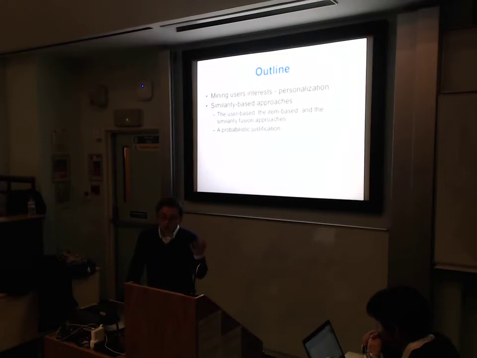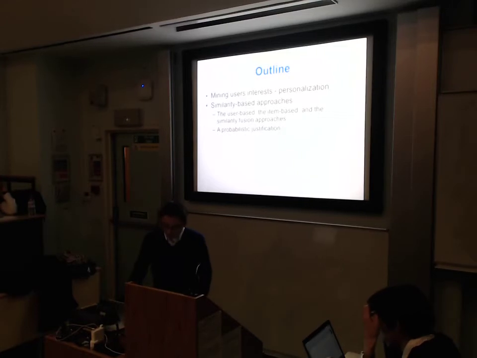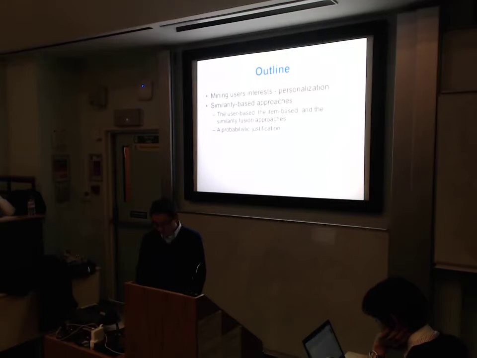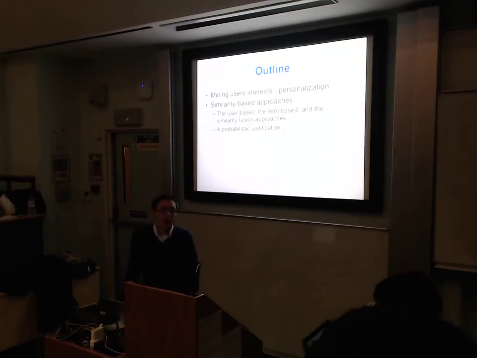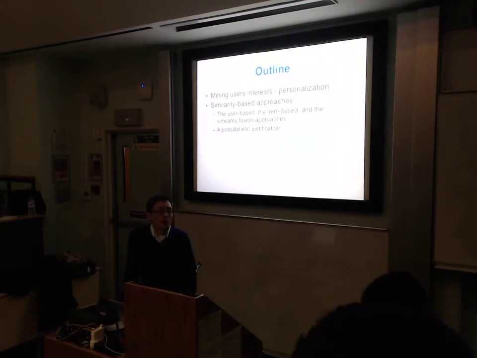Okay, I think that should work, but is it mathematically sound? So we're going to talk about a probabilistic justification, and a little bit about the math behind it. I think after this, you'll definitely be able to implement user-based or item-based approaches. I think some of you have already decided on the group project, even the thesis project, looking at